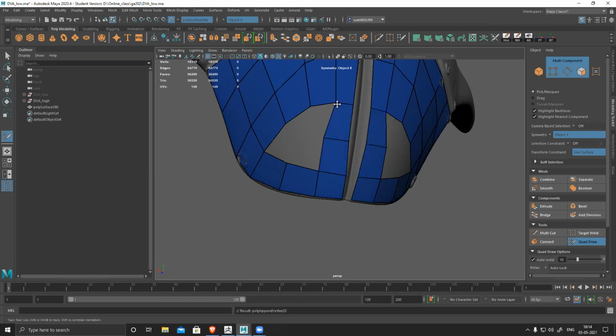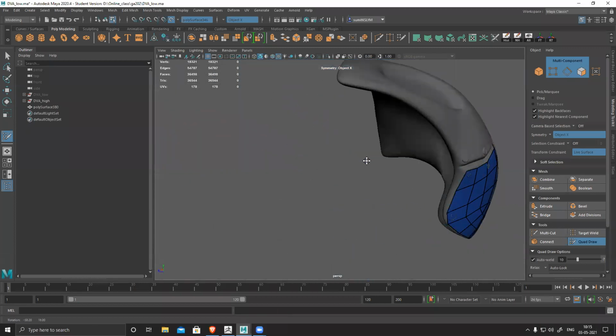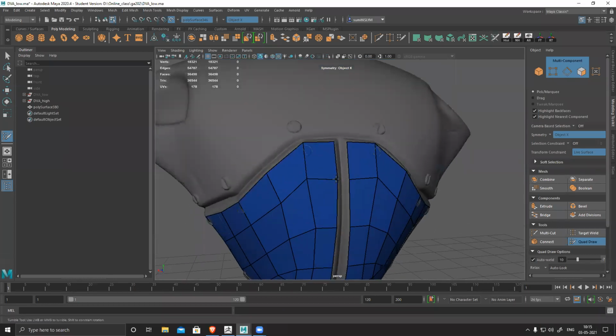So what I'm trying to do is keep all the polygons the same as much as possible. You can see there is a triangle issue. If I want, I can simply create a quad here, quad, quad, and one triangle, and it's finished. You can see it matches my surface perfectly.